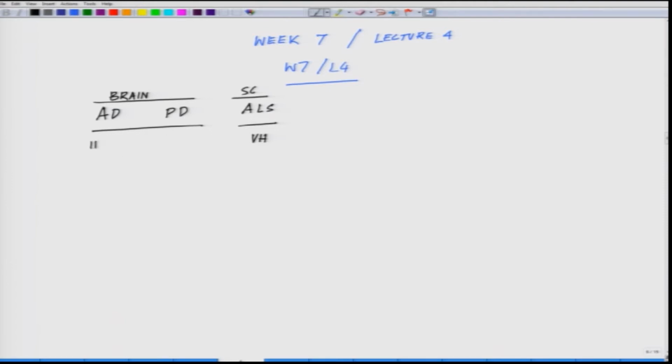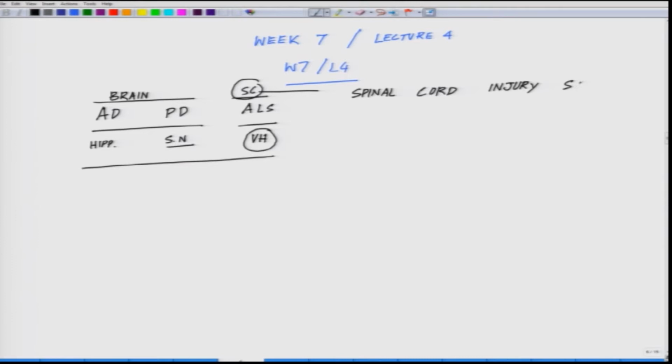Of the two, one is at the hippocampus and the other one is at the substantia nigra, SN. Now again we will be dealing at these levels: spinal cord injury, a big area in the Western world,